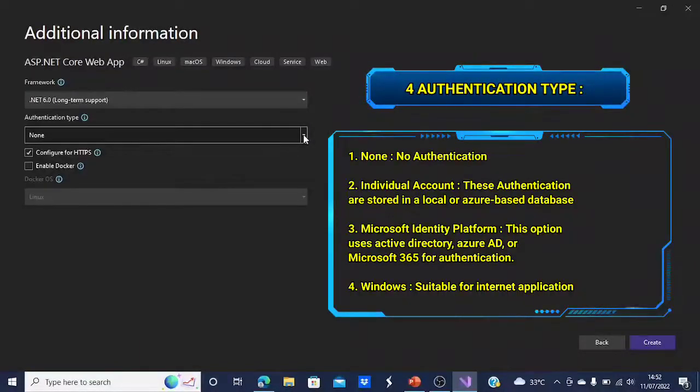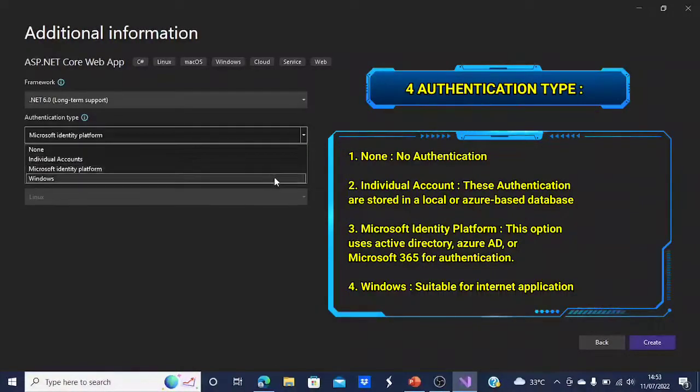None. It means no authentication. Individual accounts. It means these authentications are stored in a local or Azure-based database. Microsoft Identity Platform. This option uses Active Directory, Azure AD or Microsoft 365 for authentication.